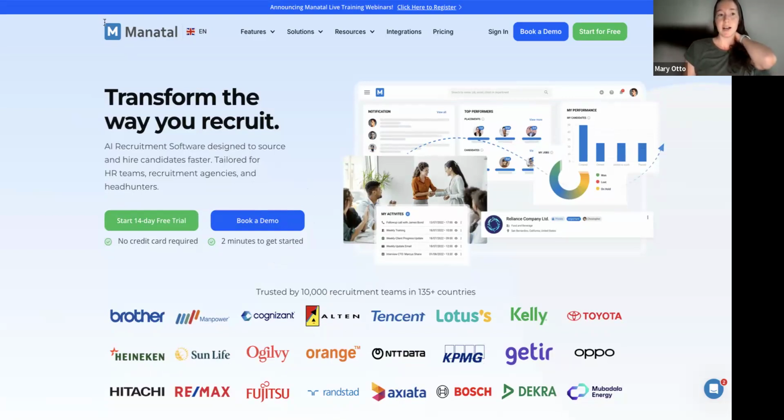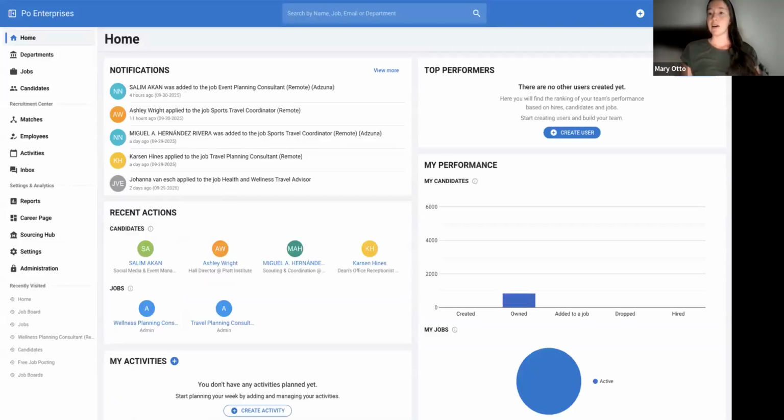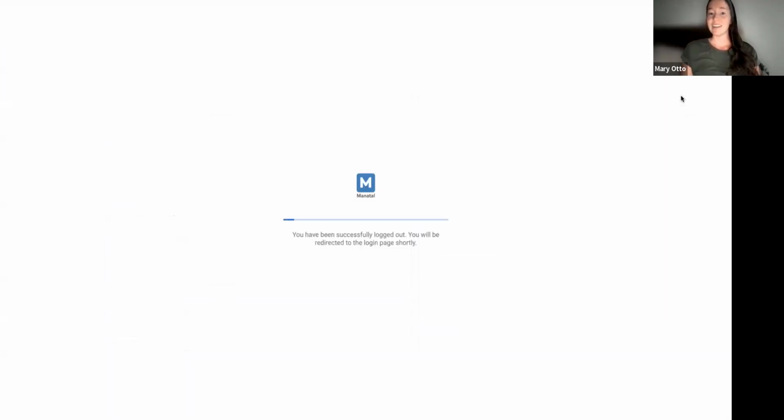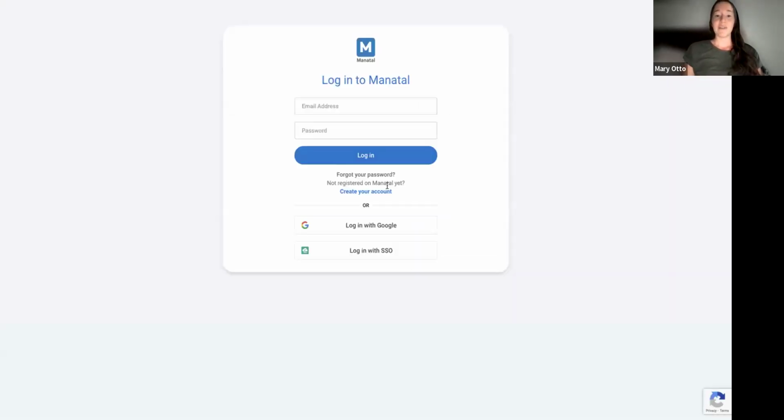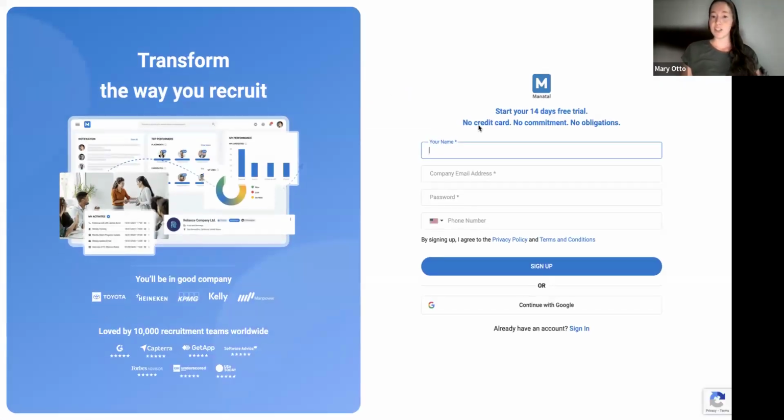So when you want to sign up, you go to manatal.com, and what I would recommend doing is clicking start 14-day free trial. Let me see if I can log out, because that's going to be an issue. It just logged me in automatically. Okay, cool. From there, it's going to take you to create your account. You're just going to put in your name and your company email address. So I would recommend